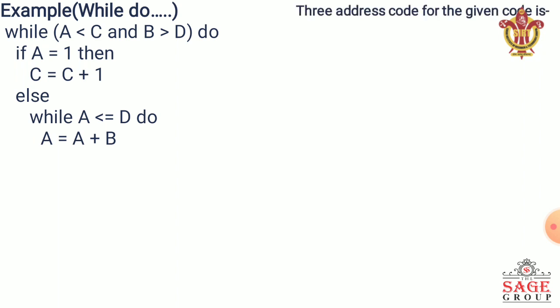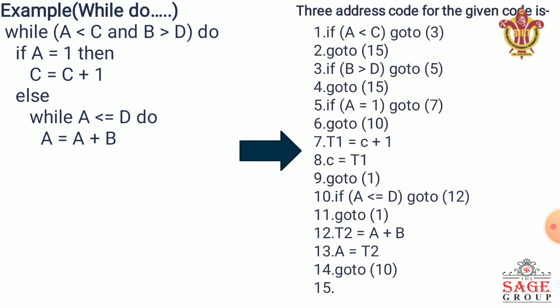So to convert this into the form of 3 address code, we firstly execute our while statement. While is also a form of condition, so any type of condition, whether conditional statements or a control loop, is represented with the help of conditional go to statements. So firstly we check if a less than b. If the condition is true, we check b greater than d, because a less than b and b greater than d are connected with the AND operator. If this condition is false, then we directly move out of here.